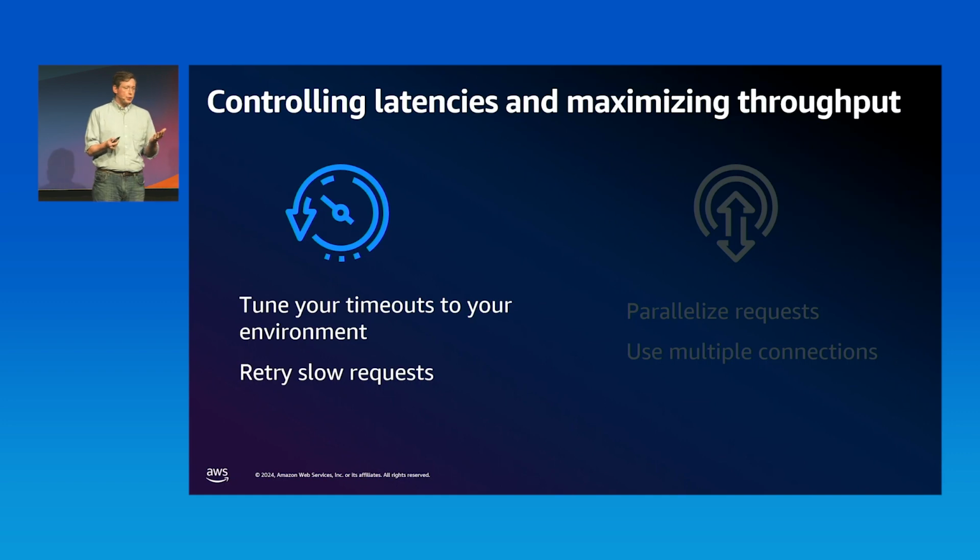Now, our customers use S3 from a wide variety of locations, anywhere from meters away in an EC2 instance from their data in S3, to mobile devices accessing the internet over 3G, to literal spacecraft beaming telemetry or imagery from Mars. And to accommodate that wide variety of use cases and locations, our SDKs ship with relatively conservative settings for things like how long they're willing to wait to establish a connection or to receive a response to a request for data. And so the most impactful thing you can do to control your latencies from the client and to reduce your time to the first useful byte is to tune your client timeouts